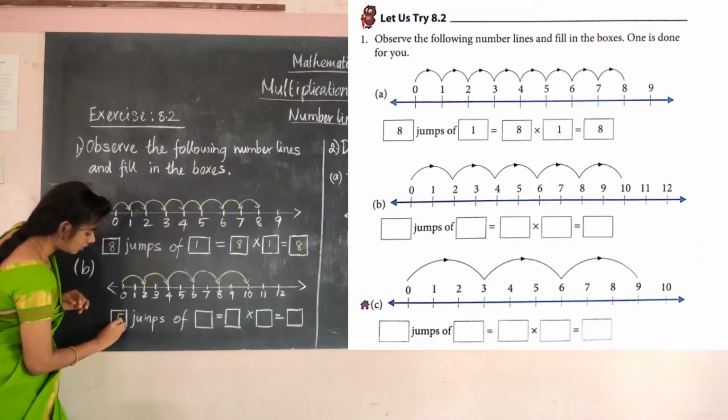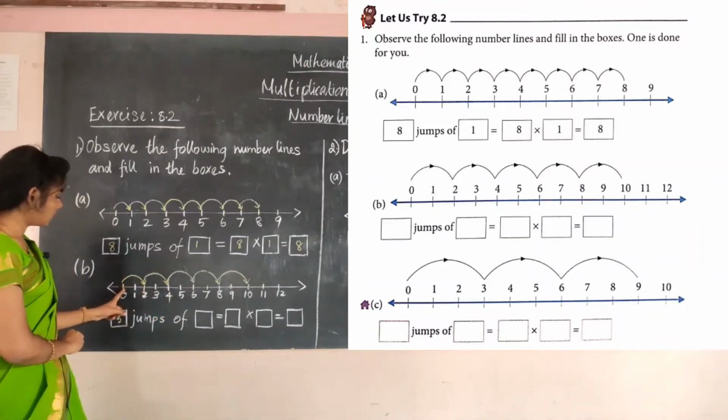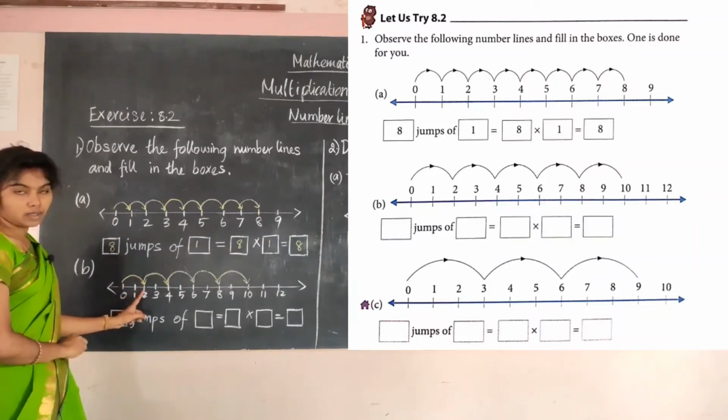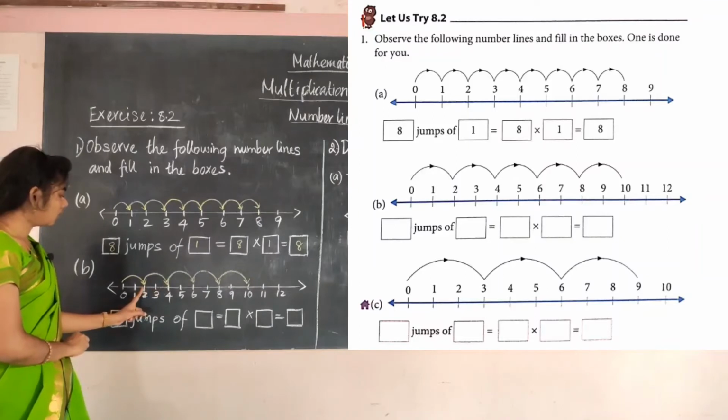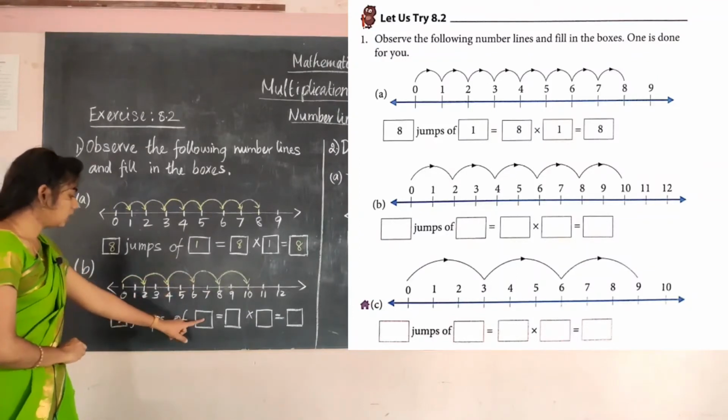And here how many counts are there? See here in between how many they are. From 0 it starts. So 1, 2. So there are 2 counts in between that. And see the next. From 2 to 4 it's 3, 4. So there are 2 counts here, and jumps of 5. So write that 2 here.